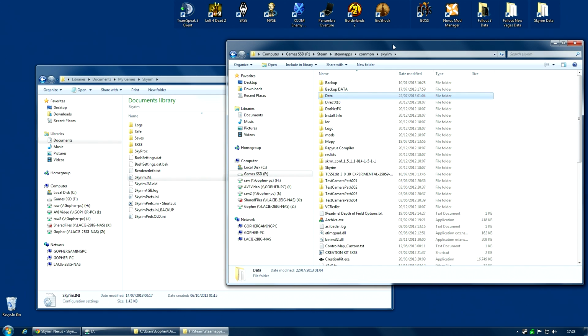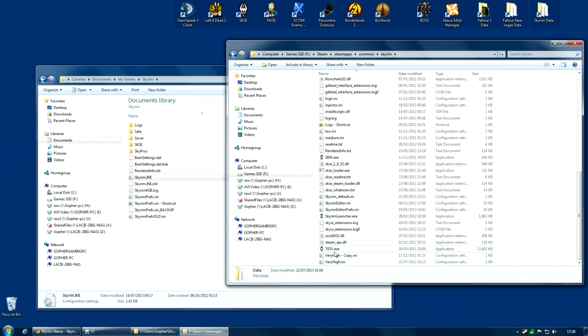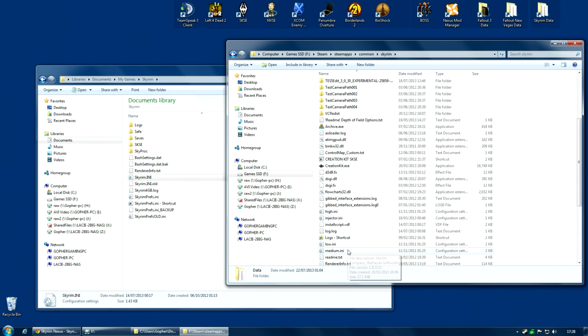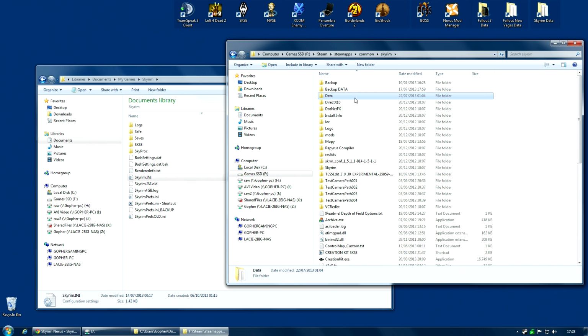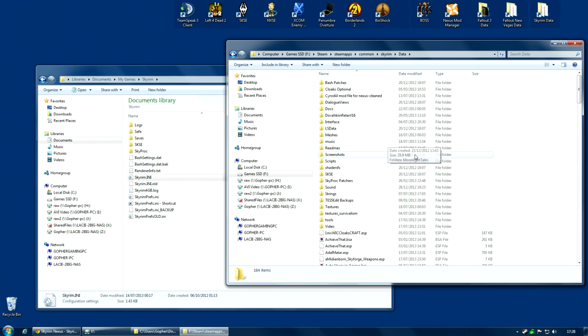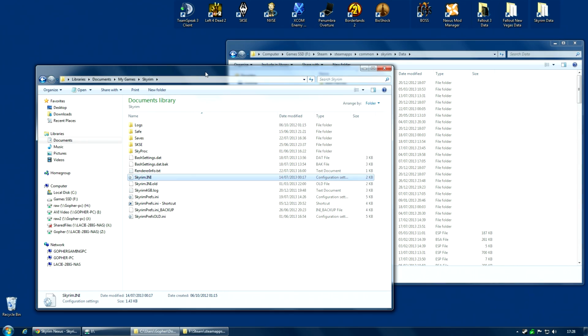So, to recap, if people ask you to go to your game folder, they're asking you to go to Steam, Steam Apps, Common, Skyrim, and it's where you find tesv.exe. If they ask you to go to the data folder, it is the data folder that is under the game folder. And if they ask you to edit your skyrimprefs.ini or skyrim.ini, you will find them in your Documents, My Games,